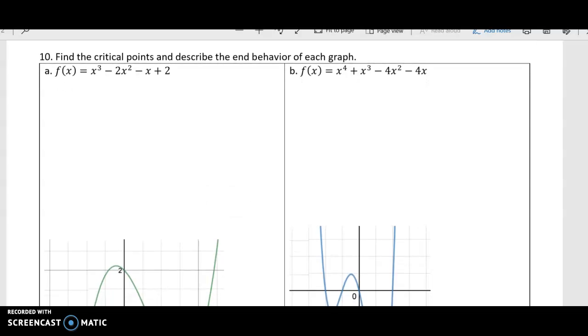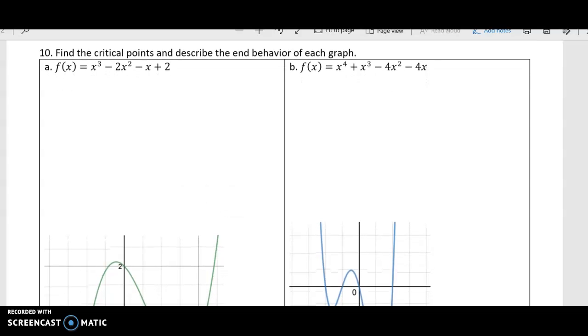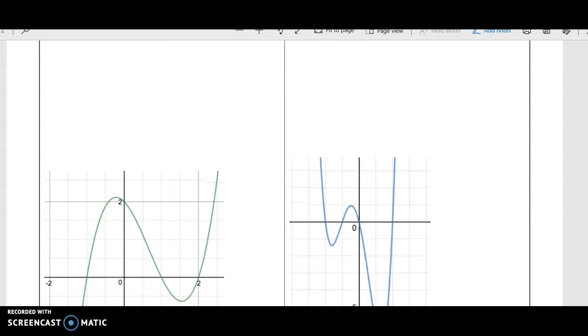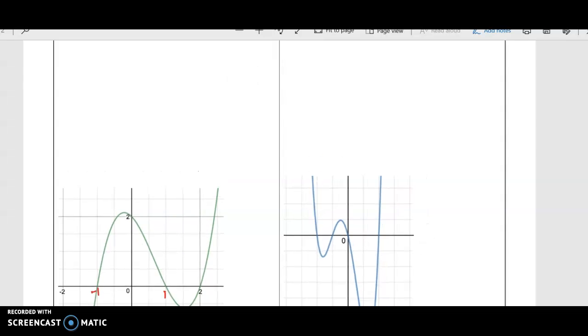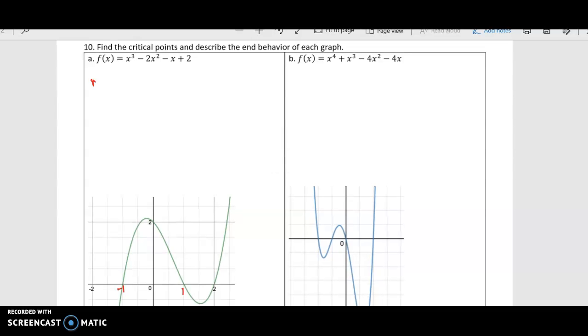Find the critical points and describe the end behavior of each graph. So we want to do the whole kit and caboodle here. If you graph this thing, it looks like this. Okay, so this is -1, this is 1. So what are our roots? It's a little bit smaller so you can see it all at once. Our roots are x equals plus or minus